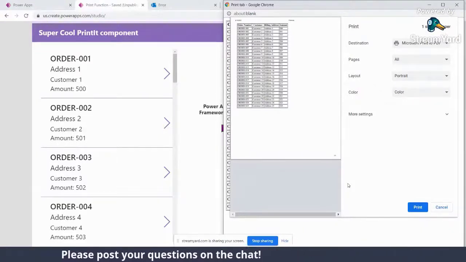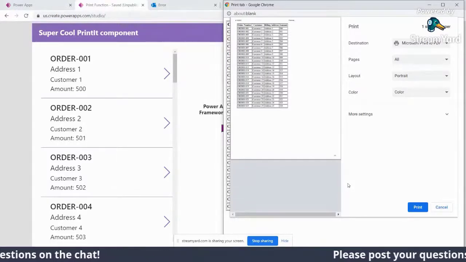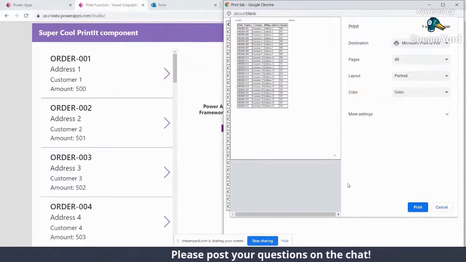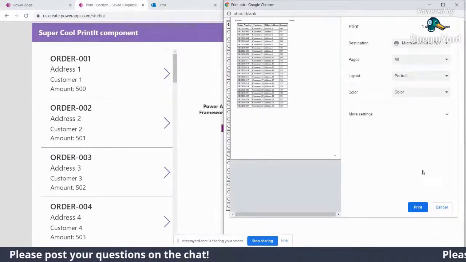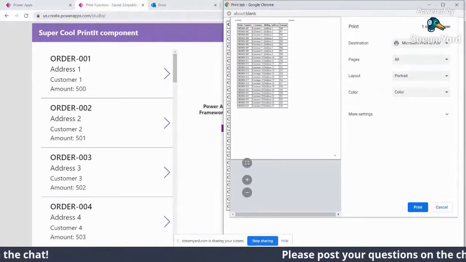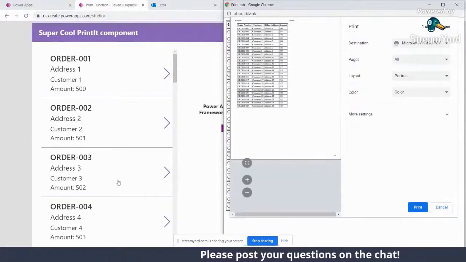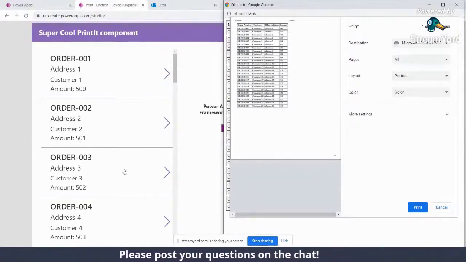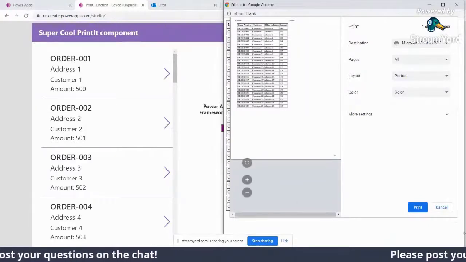This is useful in cases where, let's say, you are maintaining a customer management system, and as a customer, I want to see all the orders I have placed. Maybe I want to keep a copy of the details I may have ordered for a certain set period of time. Right now we don't have any filters, but if you want, you can customize this gallery, and that is supported out of the box. But what about printing that whole thing as a new file?